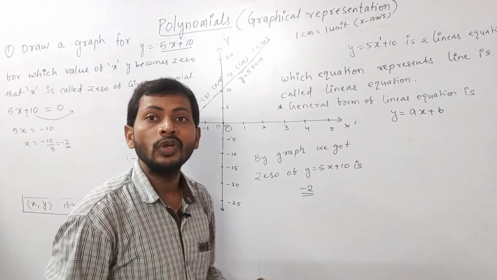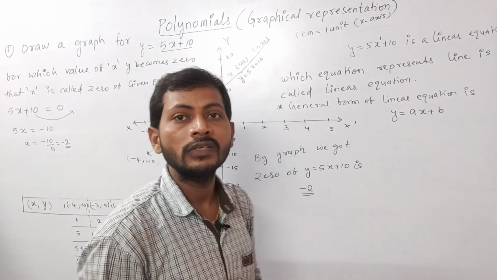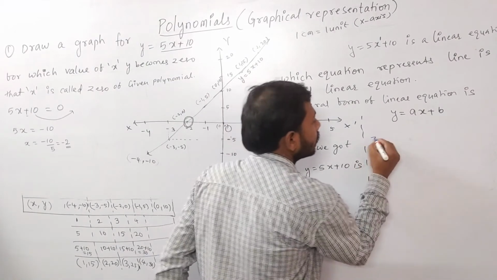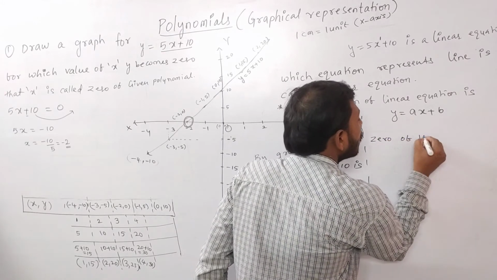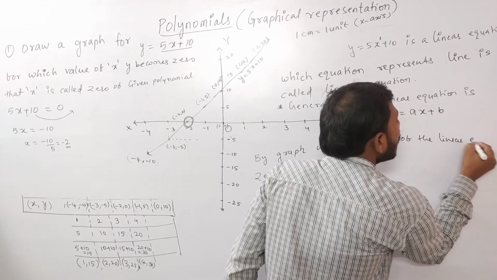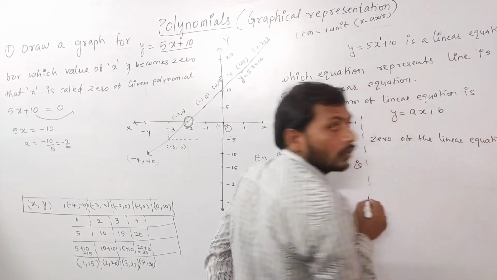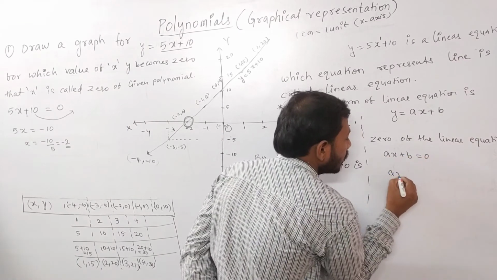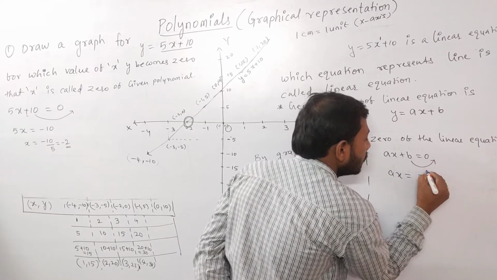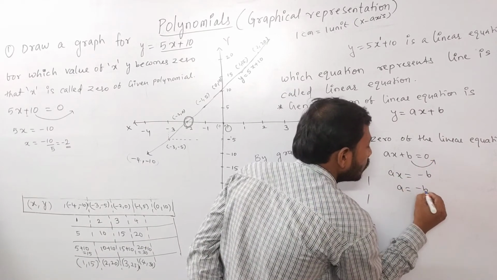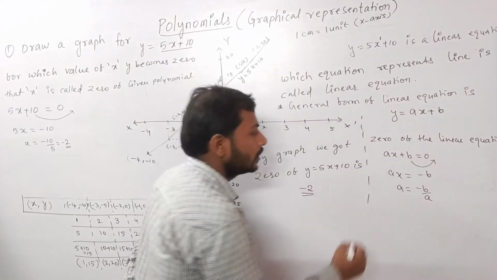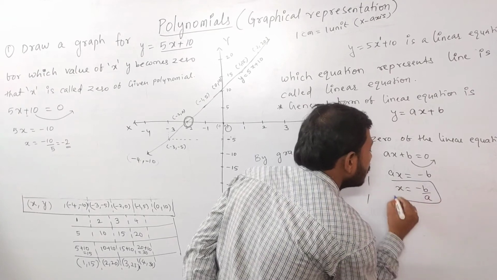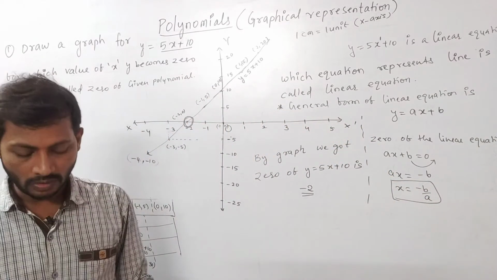Then what is the zero of this polynomial? Solution. What is the solution? Zero of the linear equation. I am writing zero of the linear equation. How are you going to find it? I am writing ax plus b equal to 0, sir. ax equal to, taking b this side, it becomes minus b, sir. x equal to minus b by a. Then this is the solution. x equal to minus b by a is the solution of